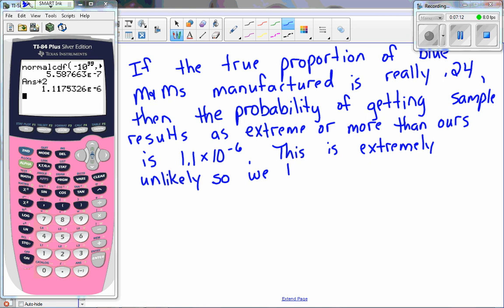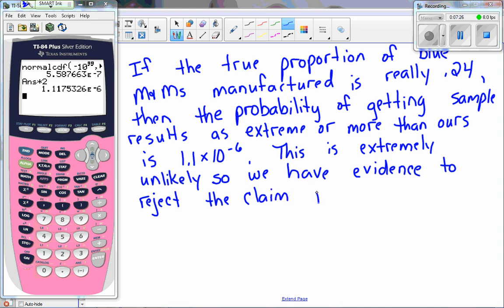So we have evidence, actually we have strong evidence, to reject the claim of 0.24. Now, when we reject the claim, now we can say that the alternative must be true and state that the true proportion